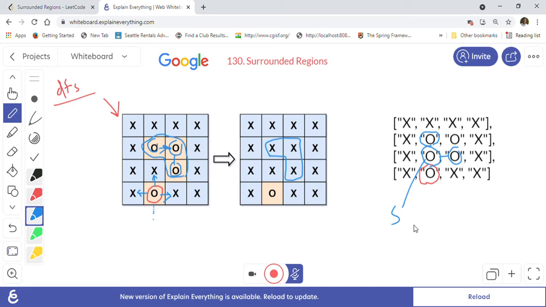Let me write down how the matrix will look after the DFS is done.